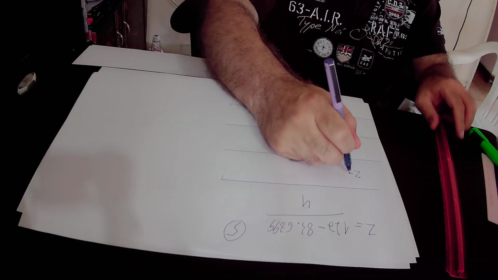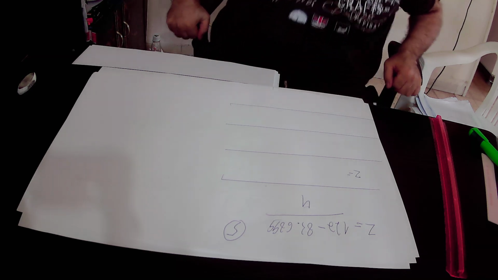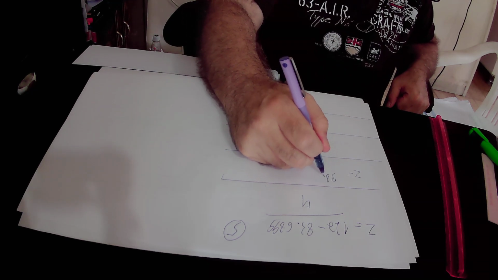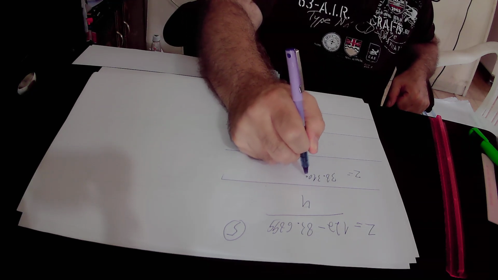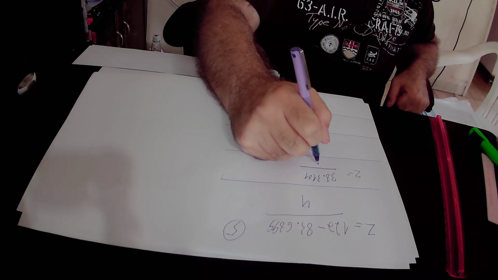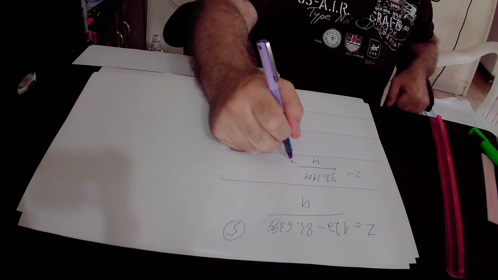So z equals 122 minus 83.6899, which is equal to 38.3101, and if we divide 38.3101 by 4, we will get that it is equal to